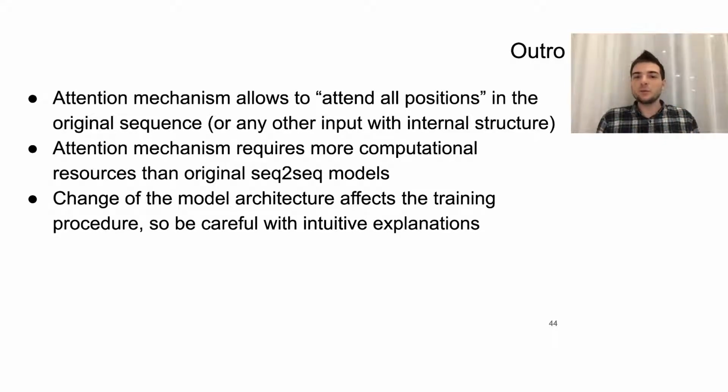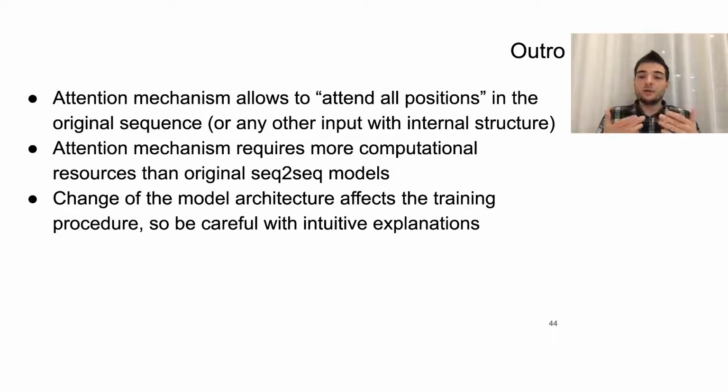Because when we speak about graphs, we have different nodes, and they are somehow connected with each other. When we speak about images, we can separate an image into different patches, and these patches are somehow connected with each other. Here we see the dog, here we see the ball, here we see the duck, whatever. In sentences, it's kind of obvious, I guess, after this lecture. But there is a price. The attention mechanism is quadratic in terms of time and memory, and it requires more computational resources compared to linear approaches, like a simple LSTM and so on.